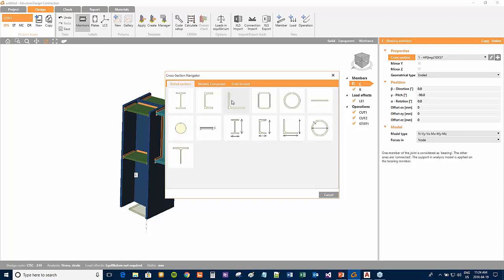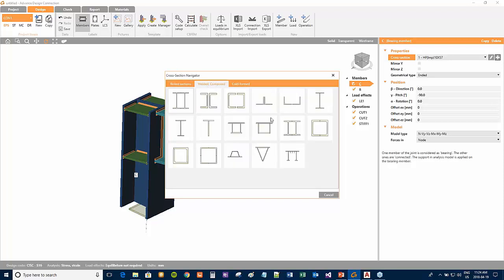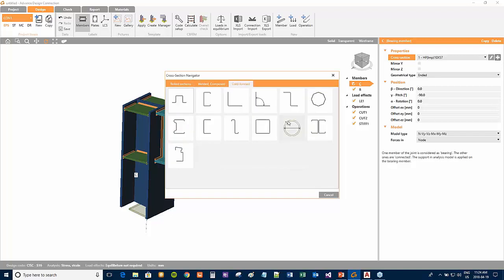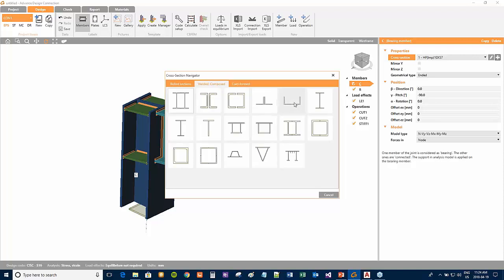And these are all rolled sections. We can have welded composed sections, and we also have cold formed sections in the library. So here, these are the composed sections. You can use them and modify them. But we have a tool here that we call the General Steel Cross-Section Tool. So if I click this here,